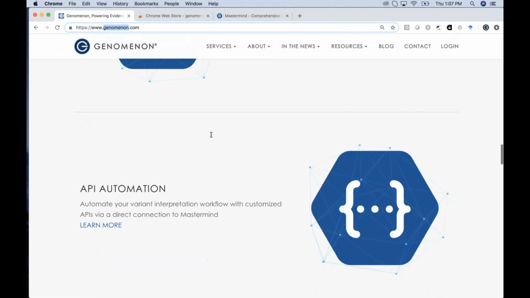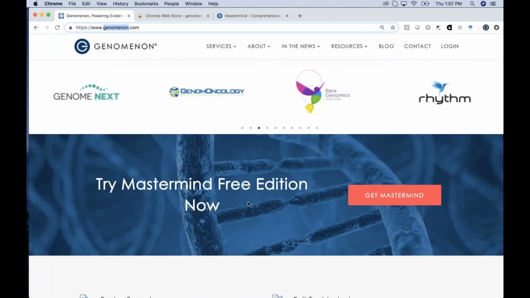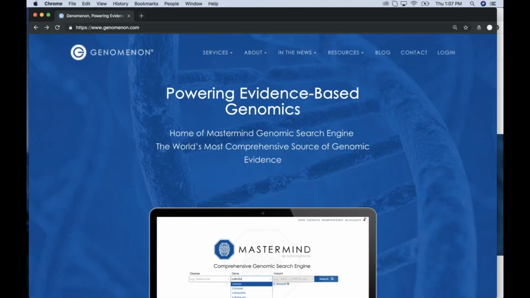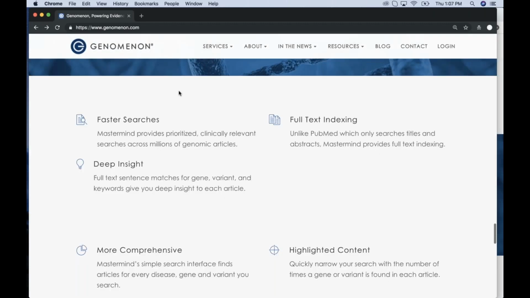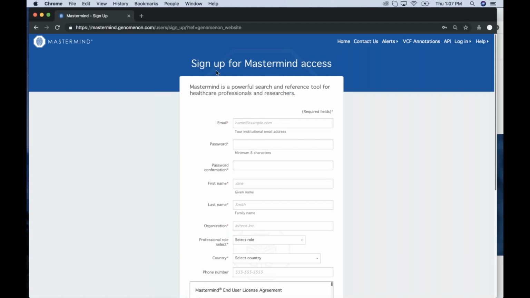and it appears throughout the rest of the website, where you can try the Mastermind software for free by clicking on this red button. I'm already obviously an account holder, and so I'll show you what that window looks like when you perform that search. This is a Chrome incognito window. So if I click on that red button as a naive user, I'm prompted to sign up for Mastermind Access